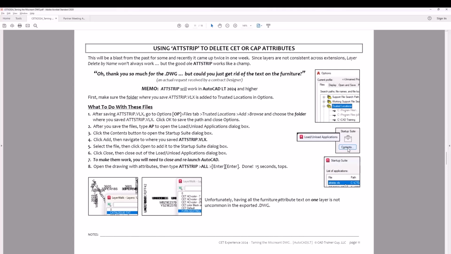Okay. I had a call the other day that says, hey, the customer, literally, okay, thank you for the drawing, but can you just get rid of the text on the furniture? This was really, really, truly something that happened. ATT strip, there are many within the sound of my voice that I've trained before on AutoCAD and CAP over the last years, right? And you're going, yeah, there was that ATT strip routine that will take off any text